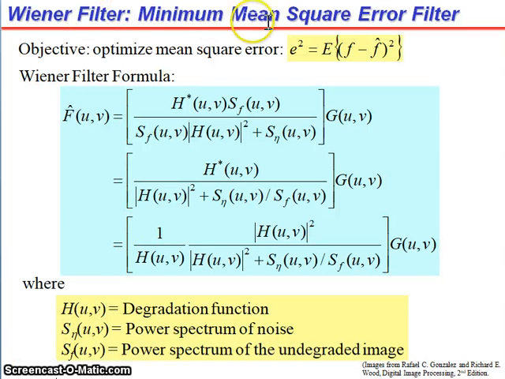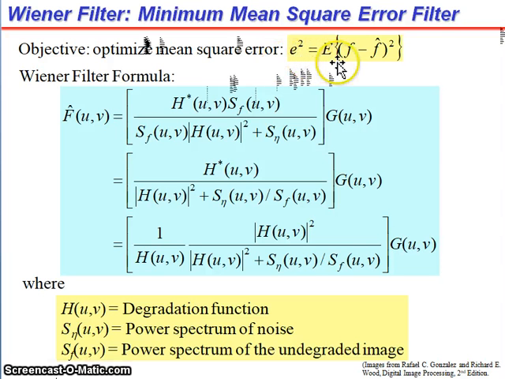Wiener filter, or minimum mean square error filter. This is the most useful restoration filter. We have seen the inverse filter, but due to its drawbacks it is practically not used. So here is the Wiener filter, a very useful one. The main objective is to consider the minimum mean square error,